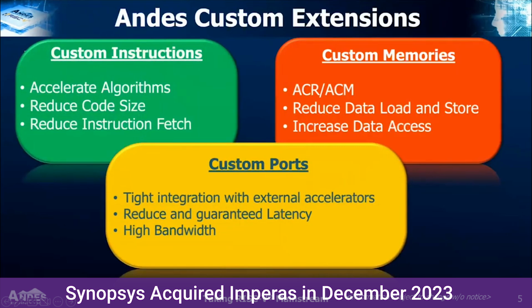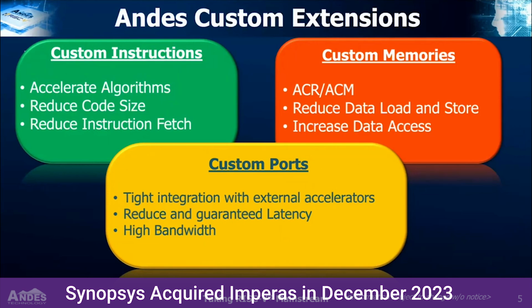So here are some examples of custom extensions. What are they? Well, everyone thinks about custom instructions that accelerate algorithms. The benefit of custom instructions is multifold. You could accelerate algorithms, and you could also reduce code size, so that the most used instructions could be mapped to a 16-bit opcode or other opcodes, and that could reduce instruction fetch. Imagine if you have a loop, you replace it with a custom instruction, you no longer have to fetch and